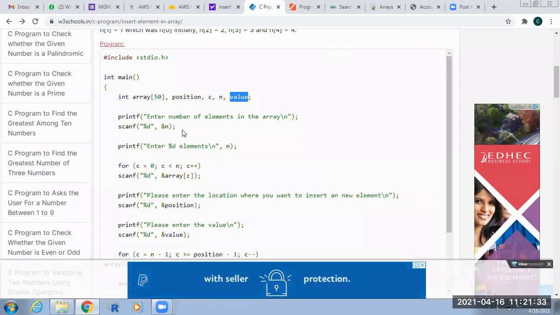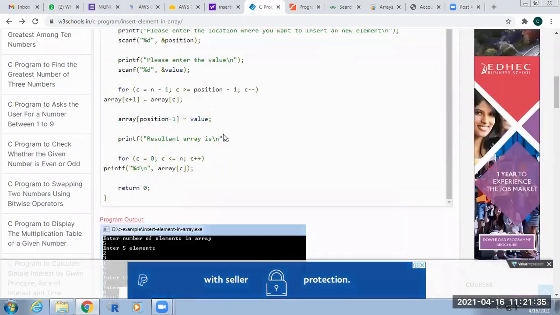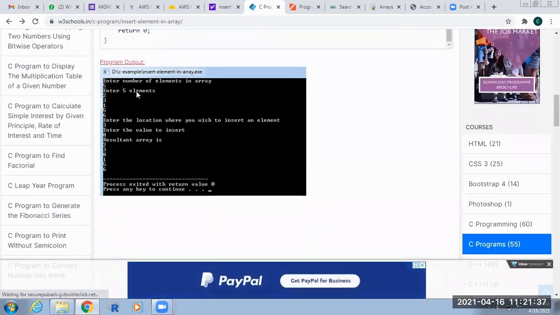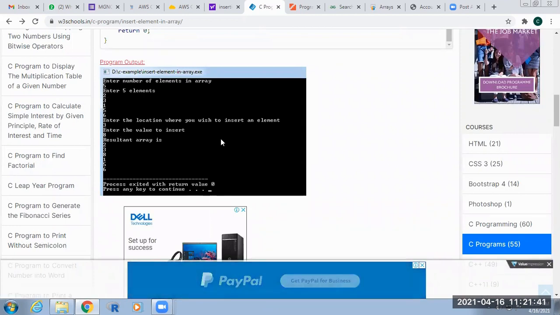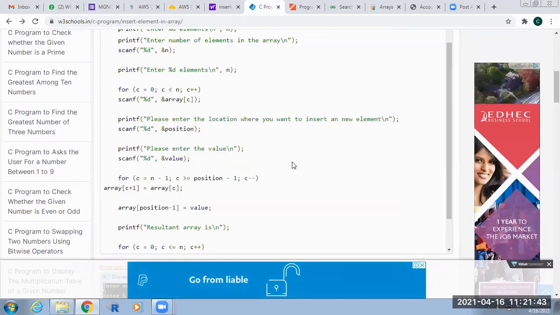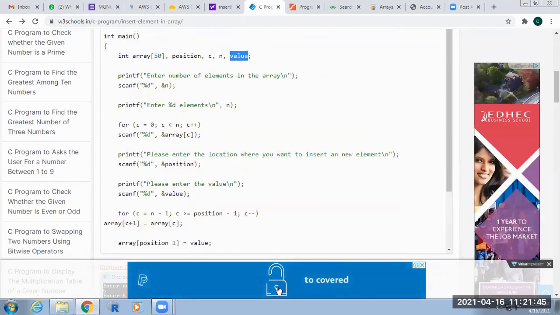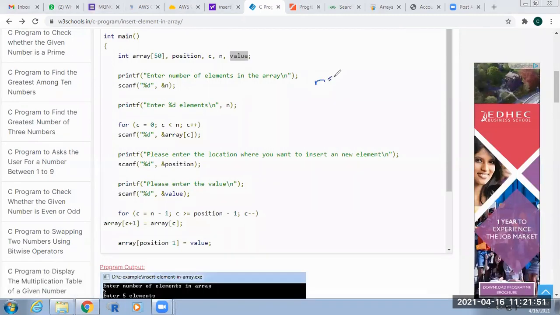I have taken 5 here. So 5 elements, then you have to insert the 5 elements. The 5 elements are 2, 3, 1, 5, 6. So I am giving n equal to 5.